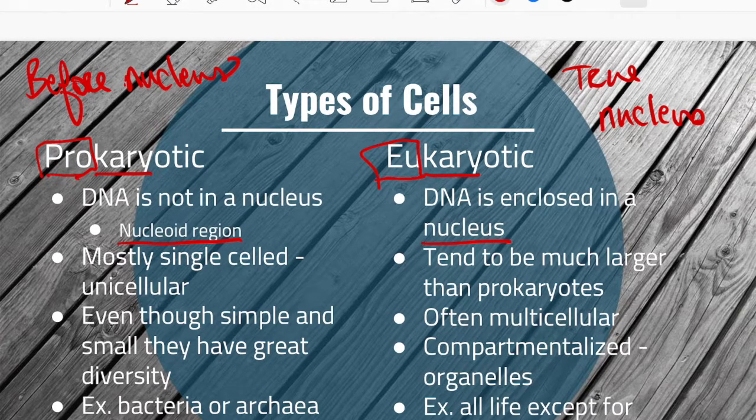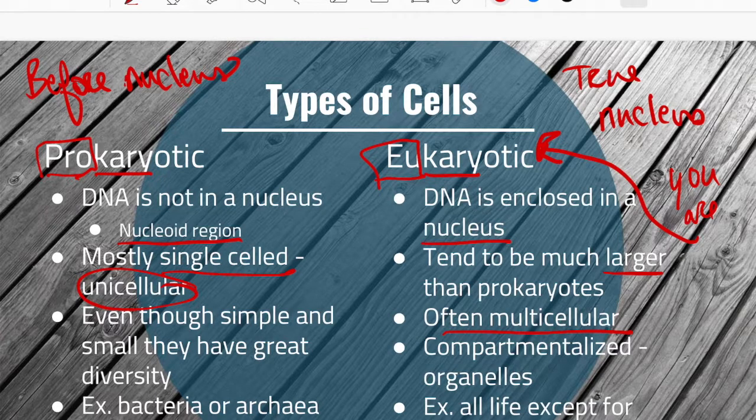The easy way to remember this is Y-O-U, you are eukaryotic. You are eukaryotic. Your cells have nuclei. You are eukaryote. Most prokaryotes are single-celled or unicellular, like bacteria, while eukaryotes are larger than prokaryotes, and they are often multicellular. There are some single-celled eukaryotes, but the majority of the eukaryotic group is